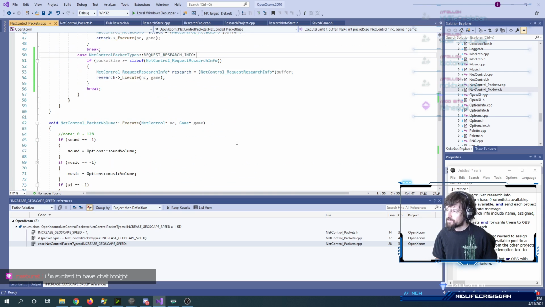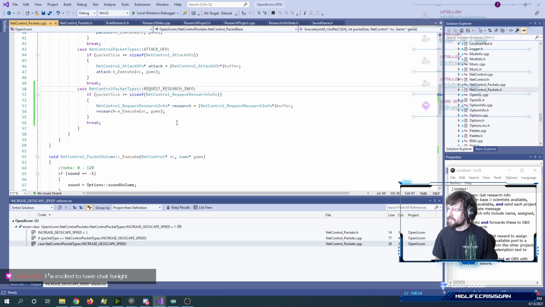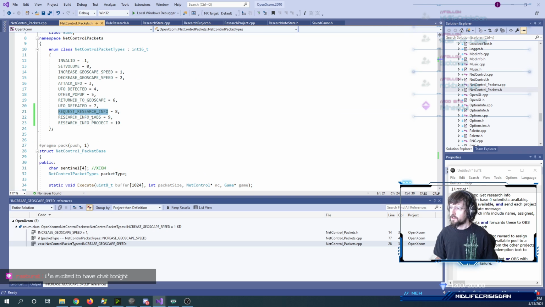Let's see, where else was I? Let's look at our new message. So we're going to have this request research info that the bot is going to send to OpenXCom, telling it, hey, send me all the research information you have. Then it's going to send one of these research info labs, which is going to tell the bot,